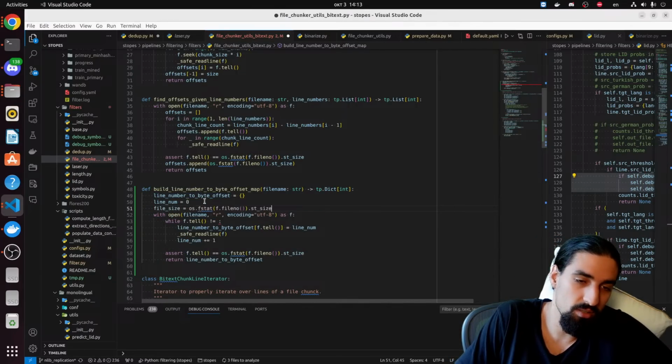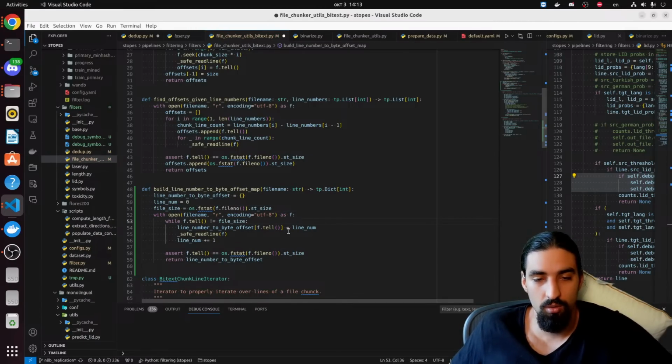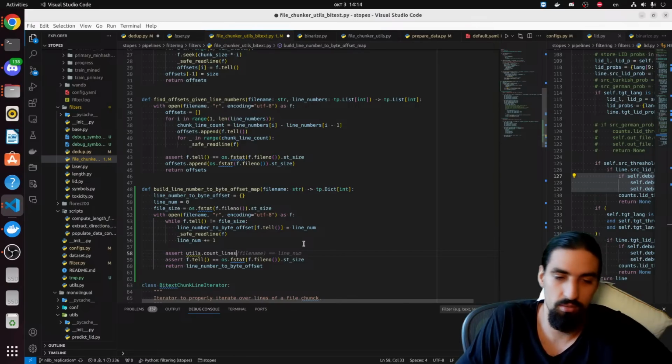File size. Read the line, increment. Let's also assert that utils count lines